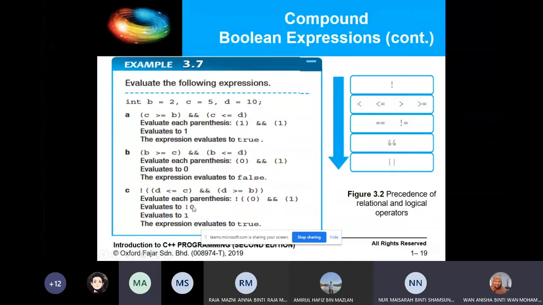Zero. Zero, right. Semua orang dapat 0? Dapat. Okay. Sebab dia and. And dia kena dua-dua 1 baru dua-dua dia jadi betul. Good. So then kita ada not in front, right? So bila not 0 will reverse, become reverse, which is 1. So it will become true. So this is how